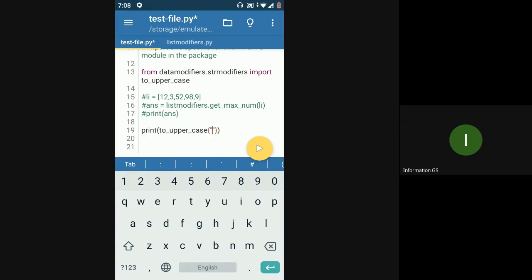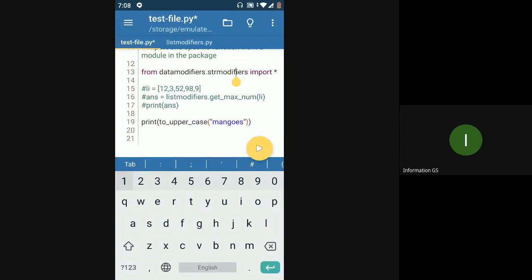So I can directly use here print to uppercase mangoes. But in case you want to import all the functions that are present in str modifiers and use them without using str modifiers dot function name, instead of writing all these functions over here with a comma, you can just say import star. Star will import all the functions that are present in this module, and you can use those functions without using str modifiers dot.